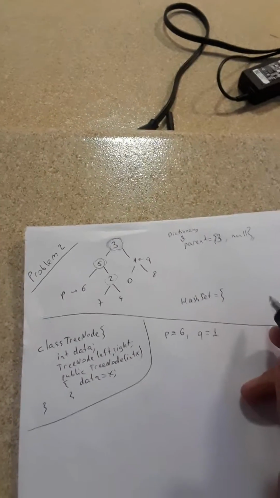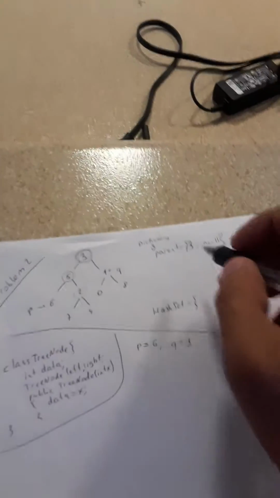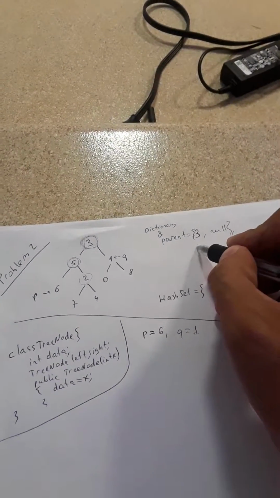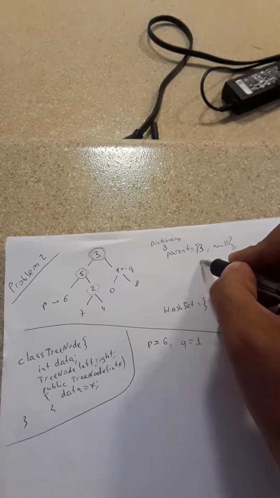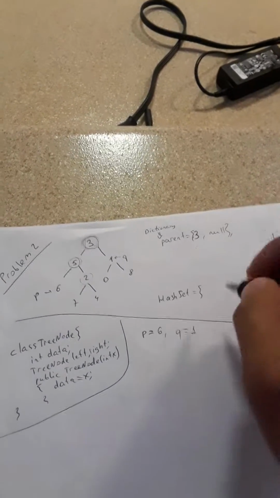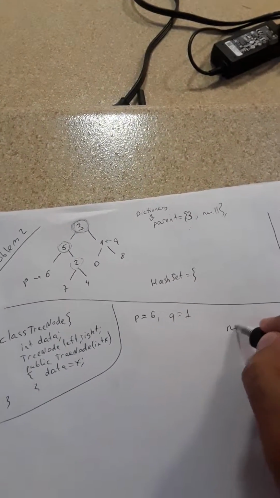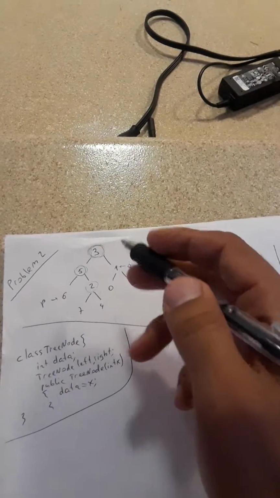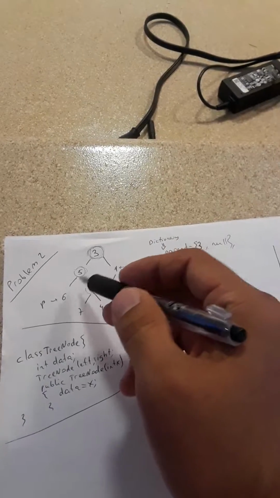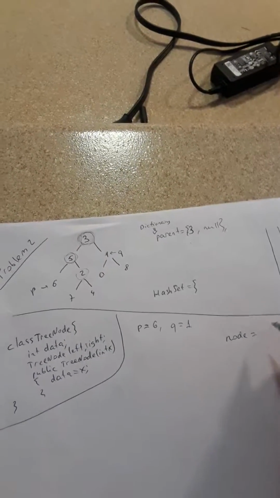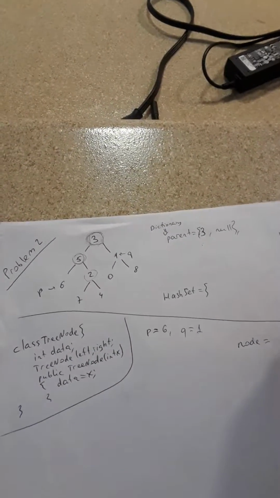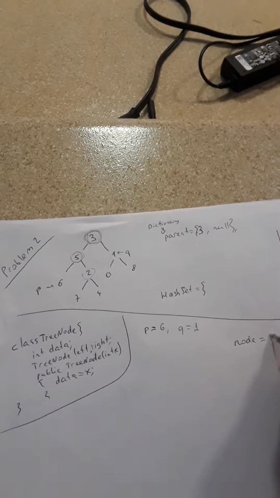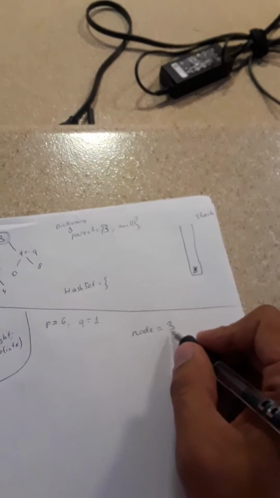As we traverse the nodes in the binary tree, I will pop an element from the stack and save it as a node, and then